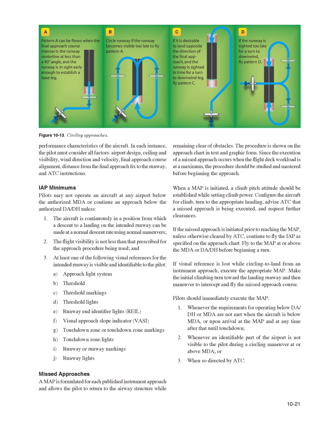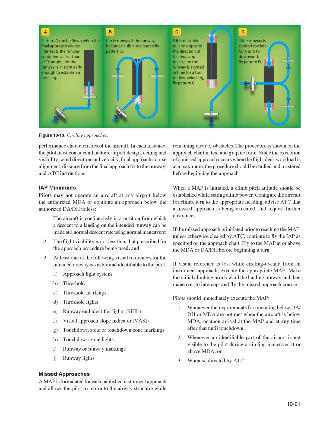Fly to the MAP at or above the MDA or DA/DH before beginning a turn. If visual reference is lost while circling to land from an instrument approach, execute the appropriate MAP. Make the initial climbing turn toward the landing runway and then maneuver to intercept and fly the missed approach course. Pilots should immediately execute the MAP: